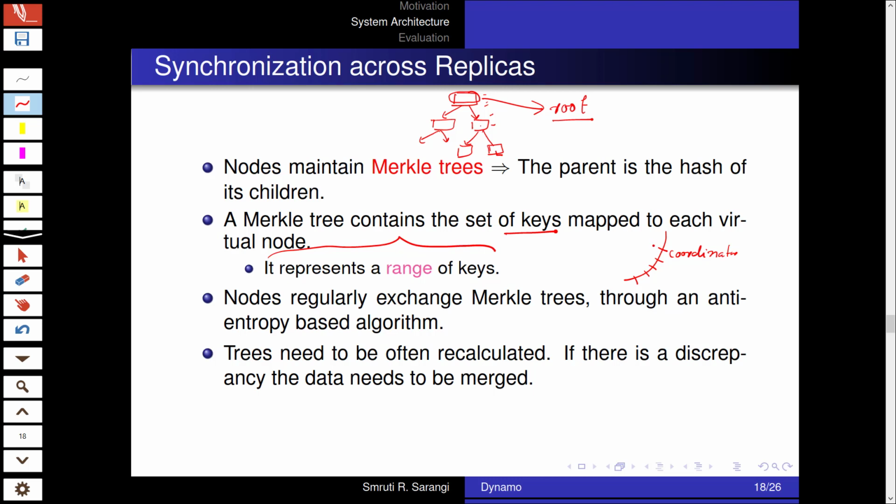So if the data goes out of sync, then there is a problem. So that's the reason for this zone, right? For this zone, the entire data is sent via an anti-entropy kind of mechanism. So nodes regularly exchange Merkle trees to ensure that the replicas are consistent with the coordinator. Trees often have to be recalculated, and if there is a discrepancy, the data has to be merged.